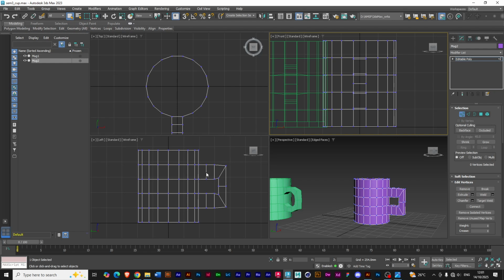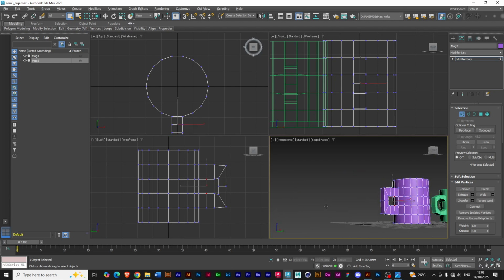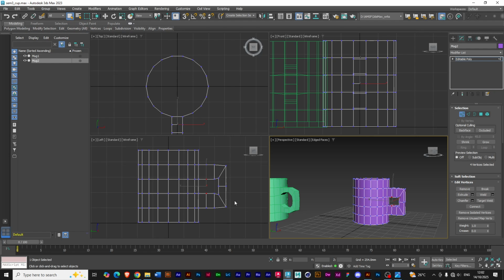I want it to be kind of round. So I select these two, making sure that back face here is turned off. When back face is turned off, I'm selecting on one side, but it's also selecting the back of the object. If I turn this one on and I do that selection again,